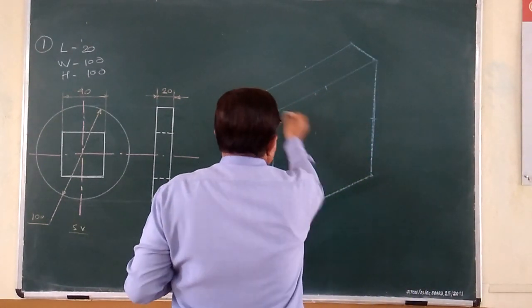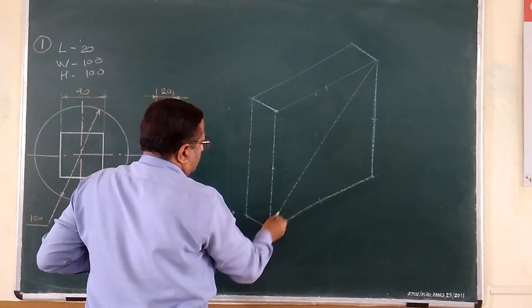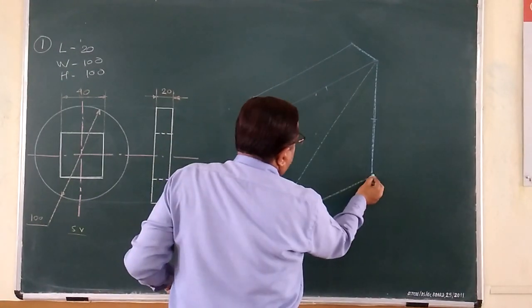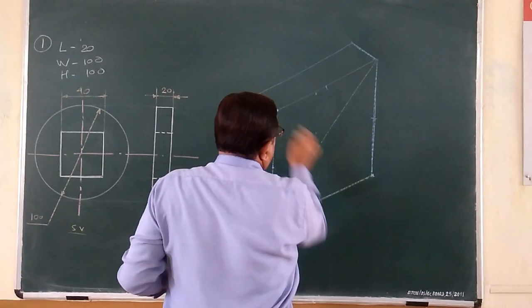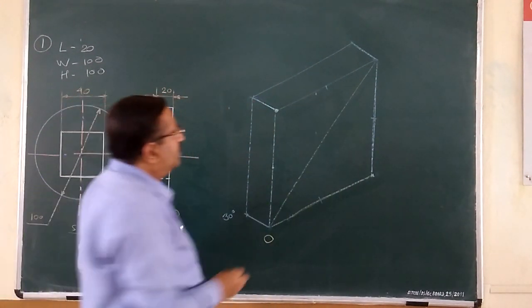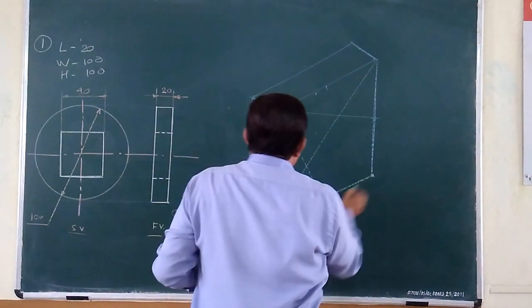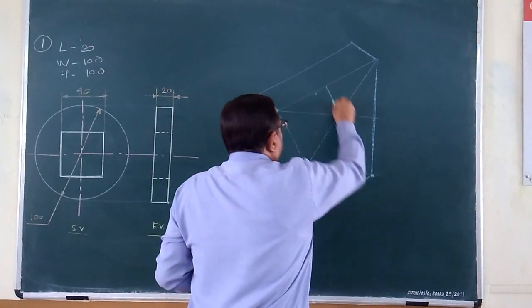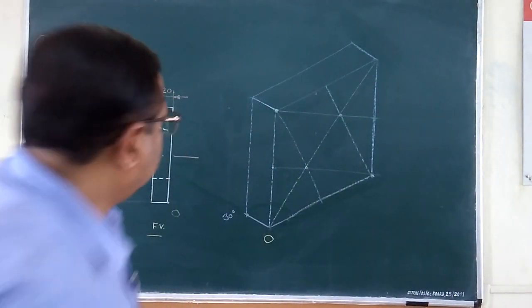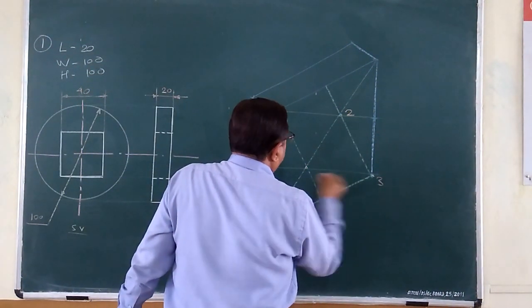Okay, now you have to create a single long diagonal. Don't construct the short one. After that, you have to connect the corners of this rhombus. These two corners, not these two, but these two corners, you have to connect with the centers of opposite sides. Similarly, this corner also you have to connect with the center of the opposite side. Over. So all the four centers we have found: 1, 2, 3 and 4.